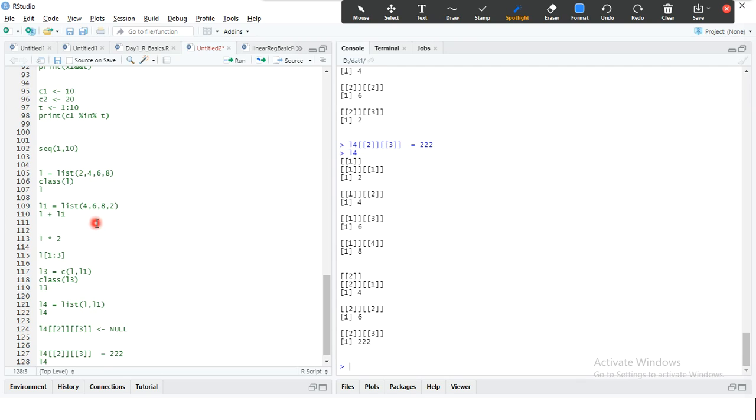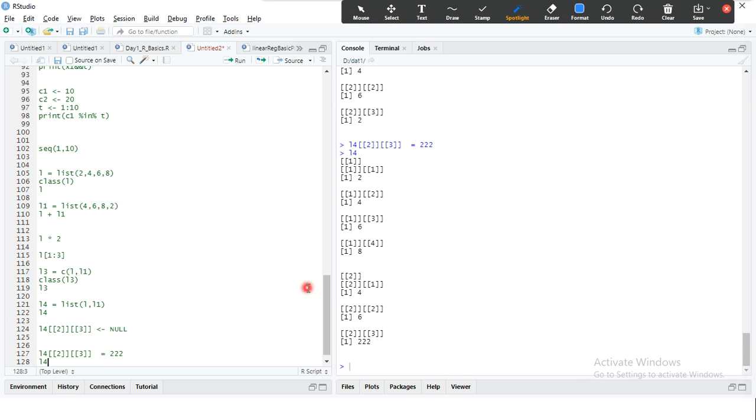Since we removed the 8 already, at present after removing the 8, this location has the value 2, hence it has overwritten this value 2.